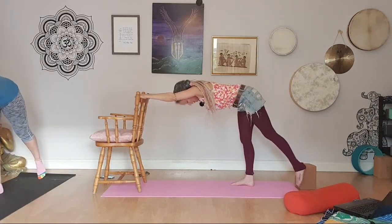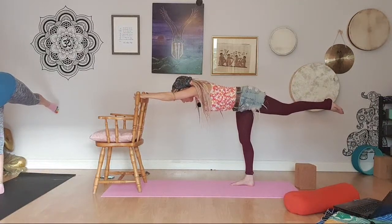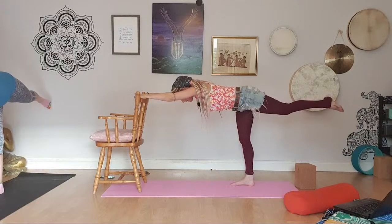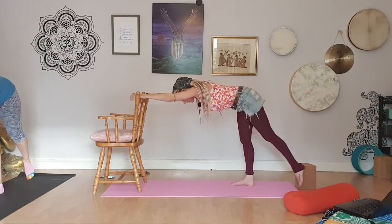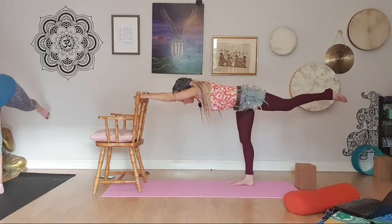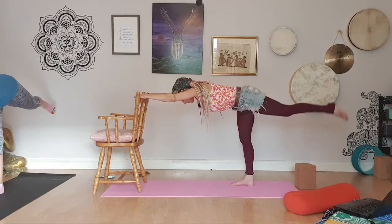Engage your core. Inhale, lift that leg up. So you're looking to get the leg up at hip height in that direction. And then exhale, lower, just place the top of the foot on the floor. 7 more controlled. Inhale, lift. Exhale, lower. 6,